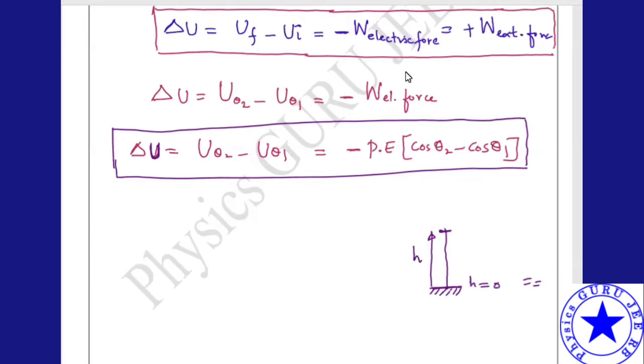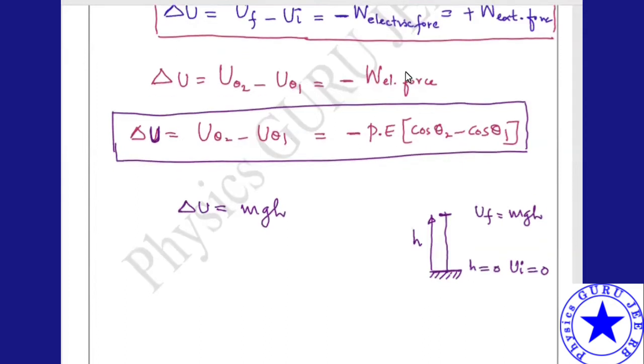So this will be the initial potential energy. Initial is nothing but 0. Final is nothing but mg into h. We'll be writing like this, right? So initial is 0 and final is mgh. That means change in potential energy is mgh. But normally in class we say potential energy is mgh. Actually, it is not potential energy, it is change in potential energy.